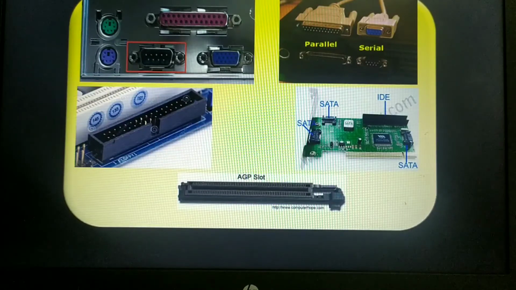So this is the IDE port on the motherboard. This port allows the IDE devices like CD-ROM drives or the hard disk drives to get connected to the motherboard through a port known as the IDE port. I hope you are understanding. Okay, so I was telling that the operating system should be able to detect your hard disk drive, then only your internal hard disk drive will be detected by the operating system. Where you have to make the connection, where you have to mount your internal hard disk onto the motherboard, is by using this IDE port.